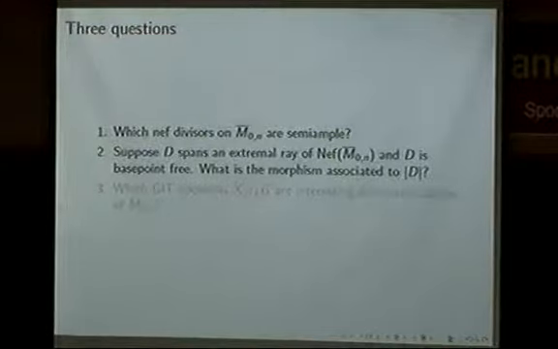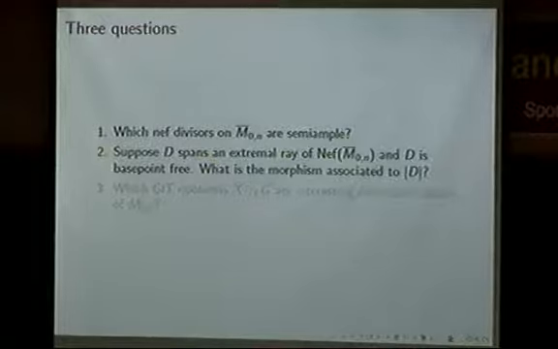Suppose you start with a divisor which spans an extremal ray of the Neff cone, and suppose you know that it's base point free. Then you could ask, what's the morphism associated to the linear series of D? Okay, and to me, that's the interesting question. I don't just want to know what the Neff cone is, I want to know about the maps and morphisms